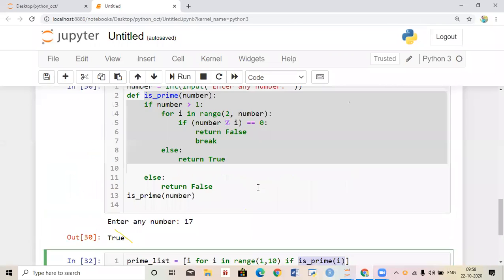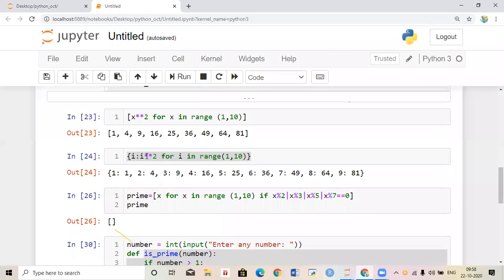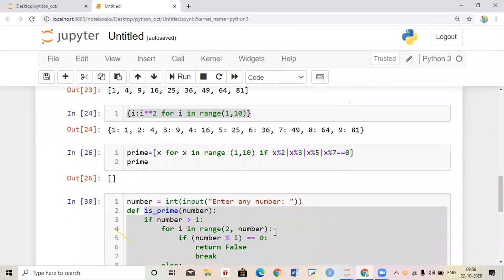Next, dictionary comprehensions. See, this is how to print a dictionary comprehension. If you want to print even numbers only in this place, you give the even number condition. Otherwise, if you want to take any,